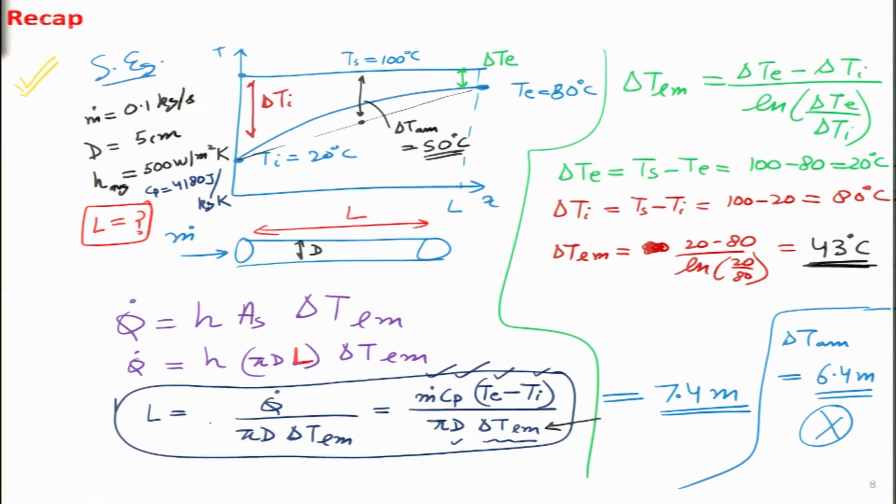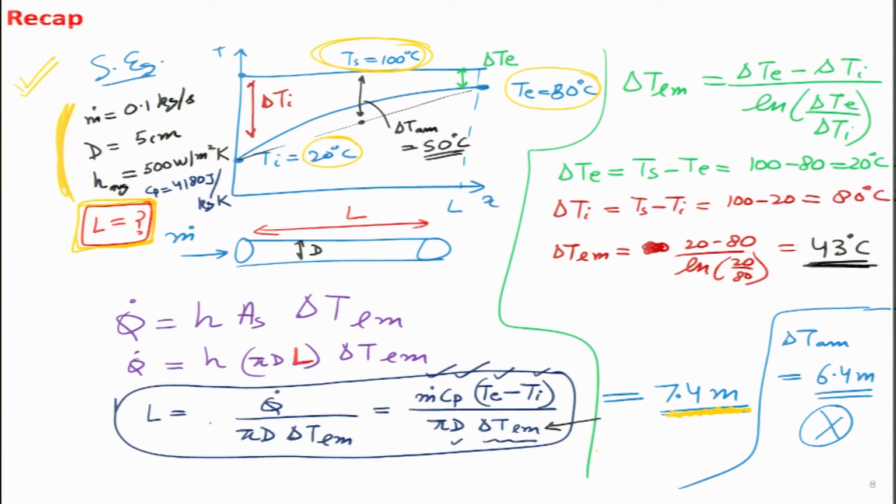In this particular example, we have taken the whole surface to be at a constant temperature of 100 degree. Water enters at a low temperature, let us say 20 degree, and we want to heat it to 80 degrees. The question was, what would be the ideal length in this particular case if the parameter values are known to us. This is essentially a very simple problem just to illustrate the procedure that we will be using, and we came up with a number of around 7.5 meters after doing the calculation.